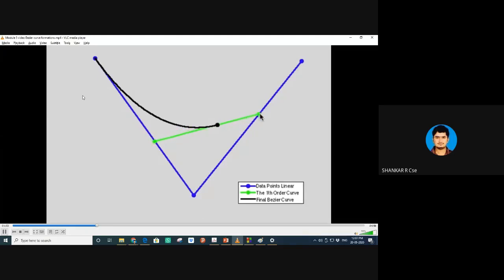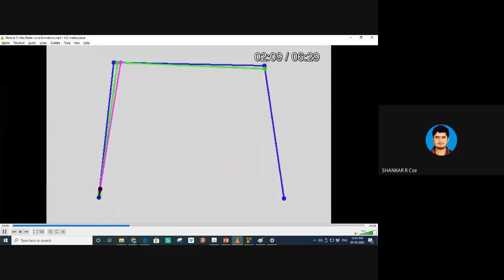Now this is nothing but a parametric equation. You can see how many points we have. We have 2 points, and we have two lines here. So that is how you will get a curve like this. Perhaps you can see, yeah, this is done. And you can increase the number of blue color lines. For example, you can see here,